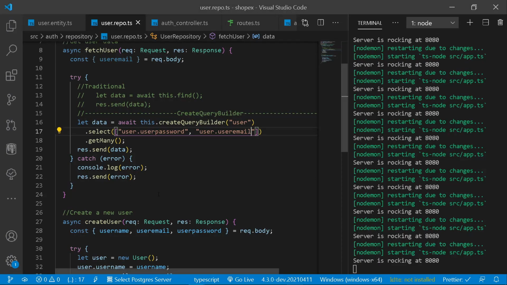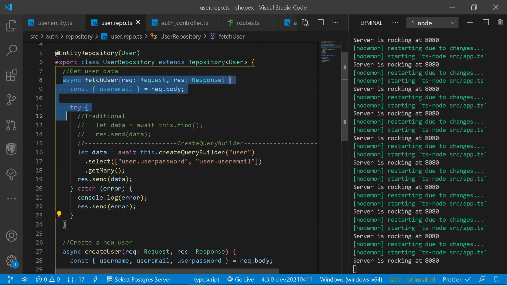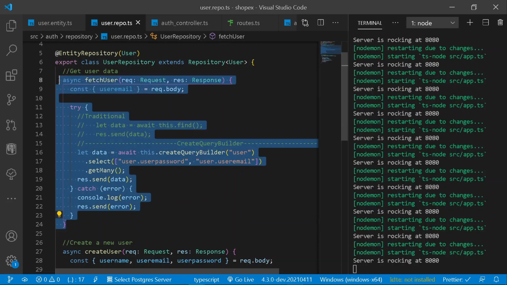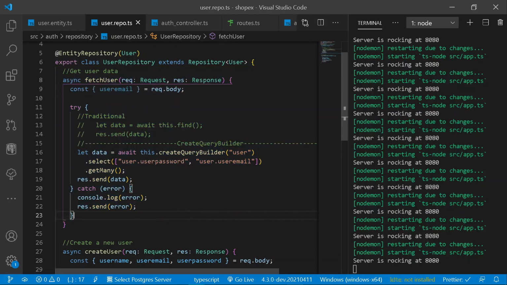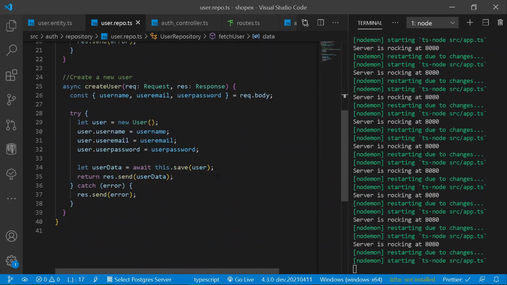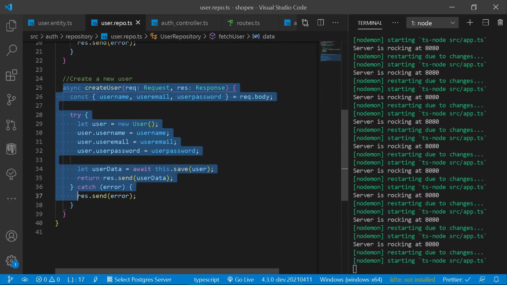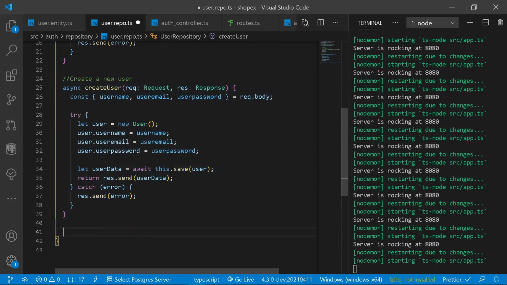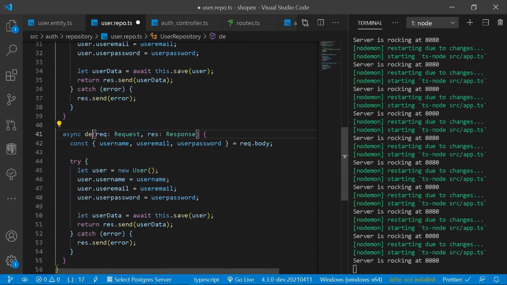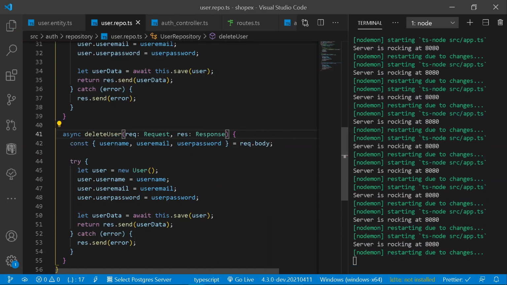So once we have learned everything about how to fetch the user and also how to query all of the users while fetching the data, we can do one thing, add a new method of deleting a particular user. So for that purpose, what we are going to be doing is copy the entire method from here, paste it here. But here let's add a different name, delete, just like this.